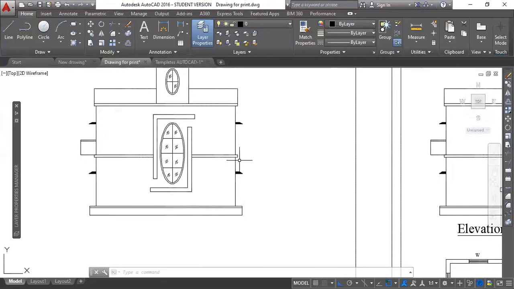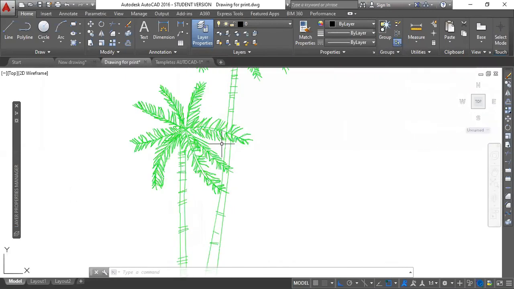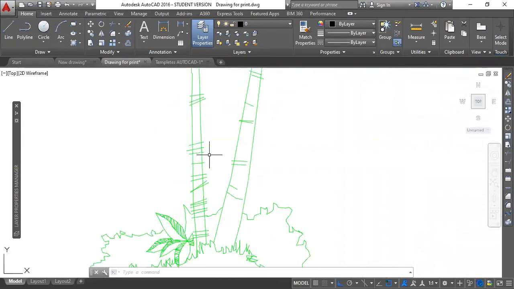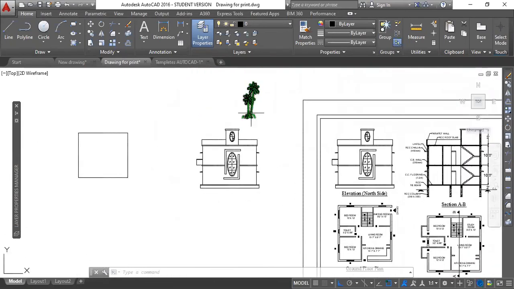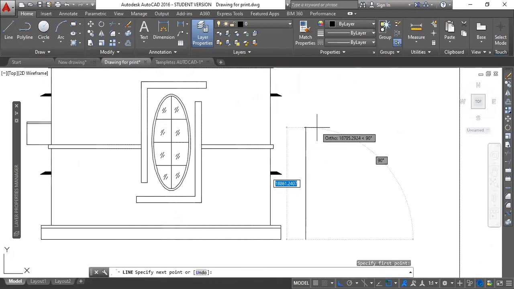Okay, so suppose generally a floor height is 10 feet, right? The tree you are going to provide, as this is some kind of palm tree, basically this is a long tree. Let's suppose that this is 12 feet height. Okay, so it will be standing somewhere from this level to this level maybe,